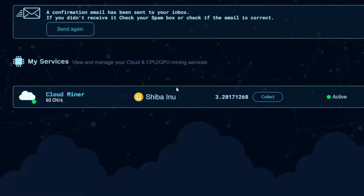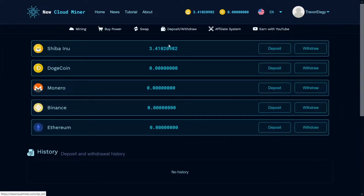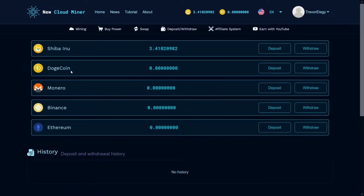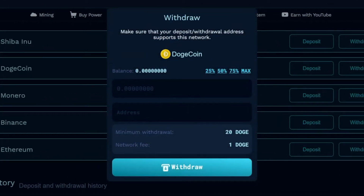So you have this Shiba Inu and you can collect that pretty easily if you just put in your wallet. So collect successfully, just click on this collect once in a while so it can go to your wallet. This is deposit, withdraw, and you can just put in your wallet if you want to do so. You can see I have Shiba Inu in this amount, and then you just convert that to Dogecoin if you want to get that, or maybe ETH if you are a fan of that as well, and just click on withdraw so it can go to your account. Okay, so just enter in your address in this box over here, and then just click on this withdraw button,